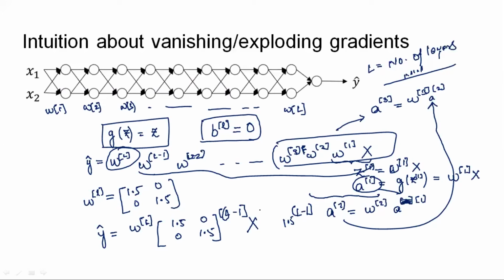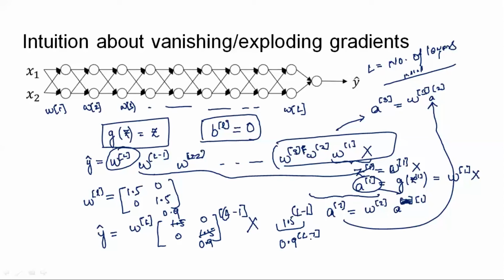So what I can see is that if I am taking a value of 1.5, which is slightly greater than 1, then I am facing a problem of exploding gradients here. Suppose I take this value to be 0.9 instead of 1.5. Then I am taking this value to be smaller than 1, and 0.9 to the power of L minus